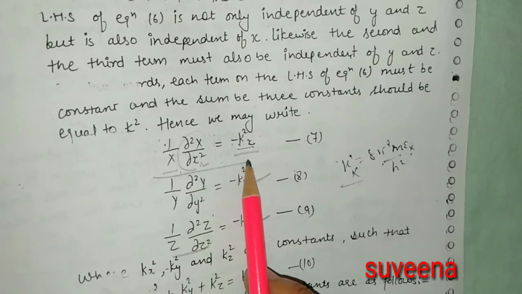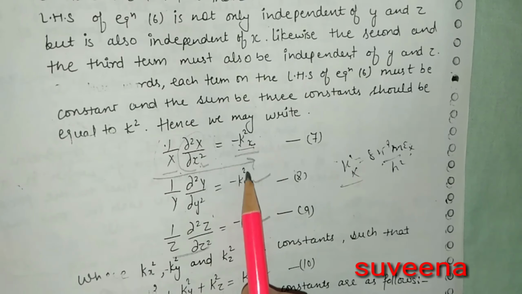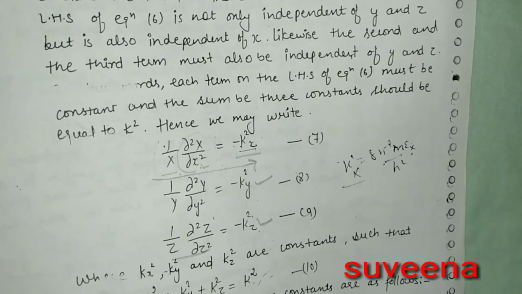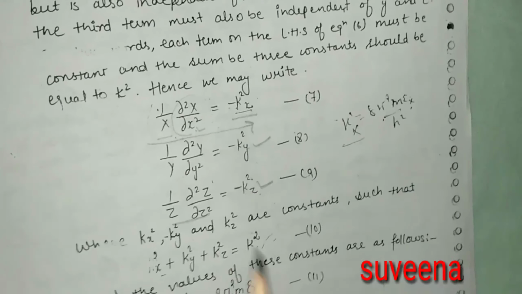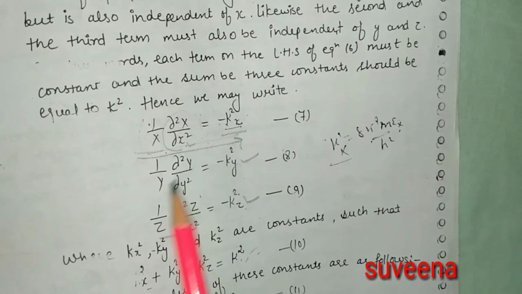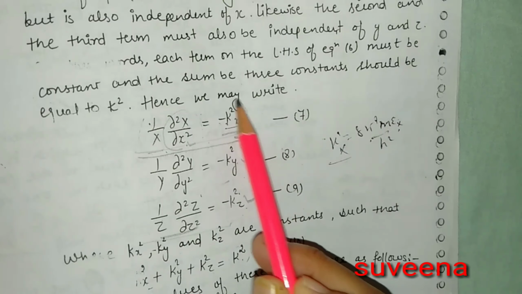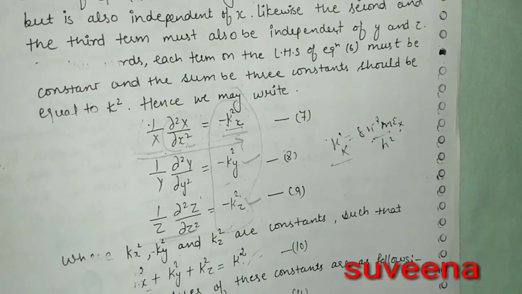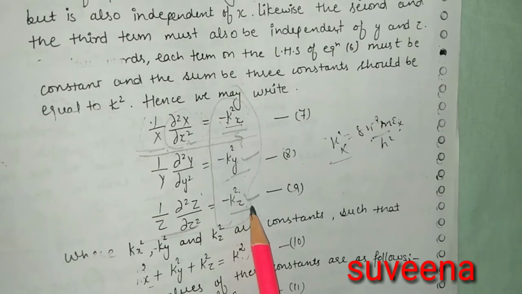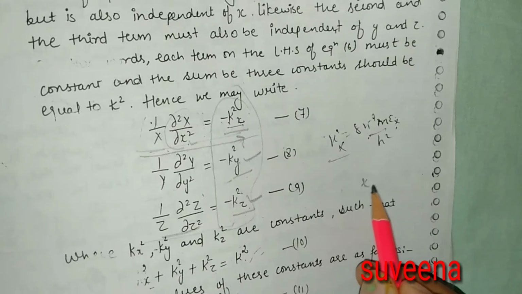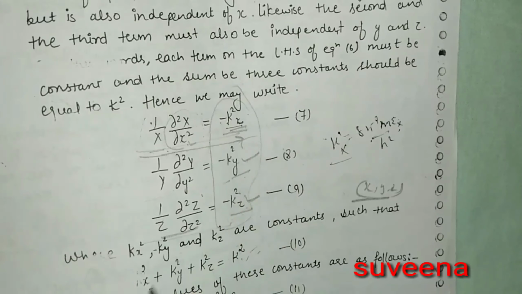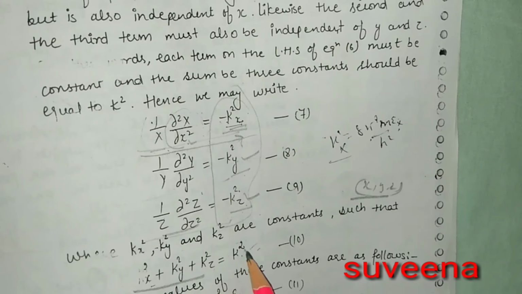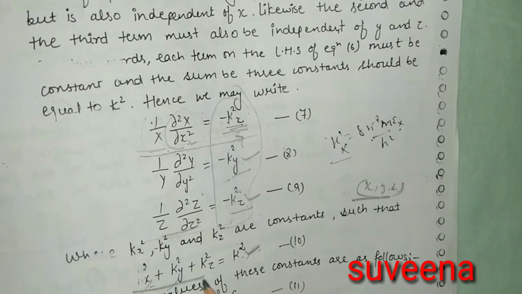So this equation is the same as that we derived in the Schrodinger wave equation for the particle in a one dimensional box. So this is equal to kx square, ky square and kz square. These are the resultants, kx square plus ky square plus kz square. We have taken here x, y and z coordinates. So it means the resultant constant k square will be equal to kx square plus ky square plus kz square.